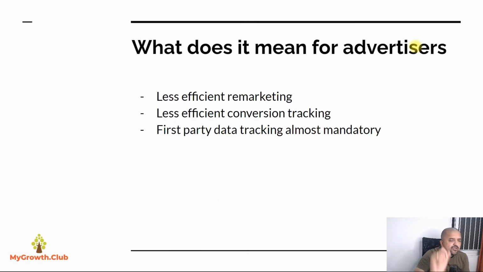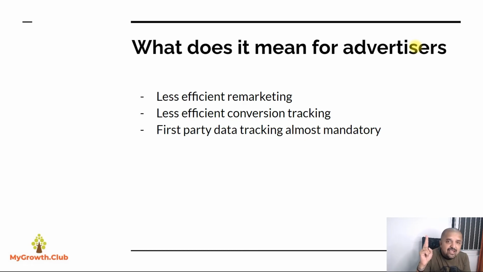So what does it mean for you as a digital marketer? This is an important question. All this gyan and technology about cohorts and about topics and tracking really is a means to an end, and that end is advertising. So here we go. What does this mean for advertising, or especially for a digital marketer? First, remarketing will be considerably less efficient without third-party cookies. Whether you look at topics, FLoC, or whatever technology you're looking at, remarketing will be considerably inefficient.